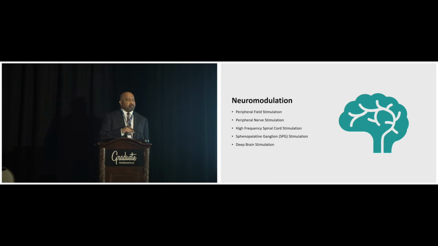There's peripheral field stimulation, and that's something that we used to do back at Walter Reed. So you take a lead, it looks like heavy fishing wire, it has some electrodes on the end, and those electrodes allow you to stop those electrical pulses from getting to the brain. So instead of putting this by a nerve, we just put it in a peripheral field. Some people say that the pain decreases from 9 to 0.75.